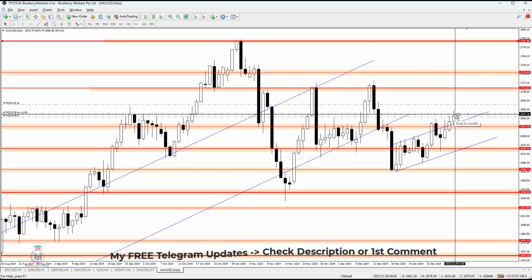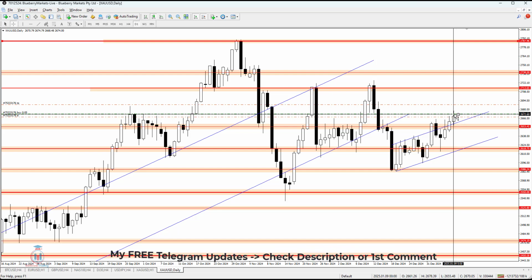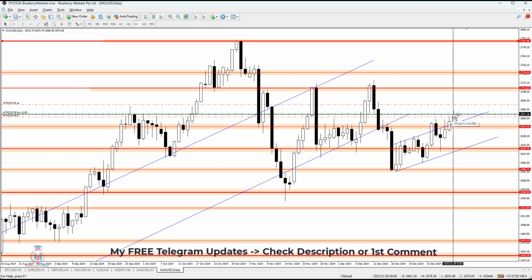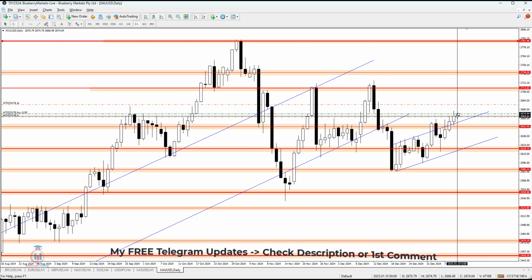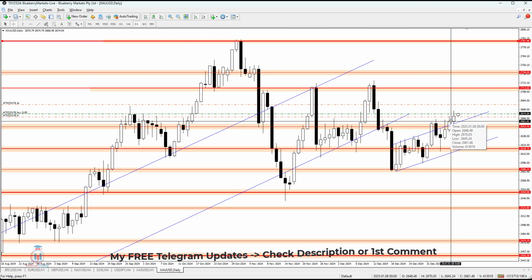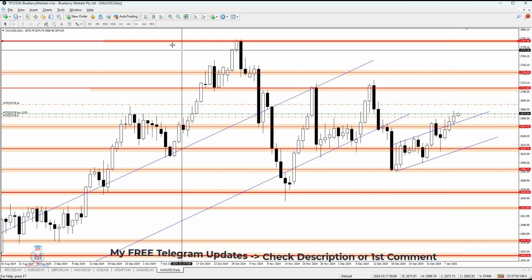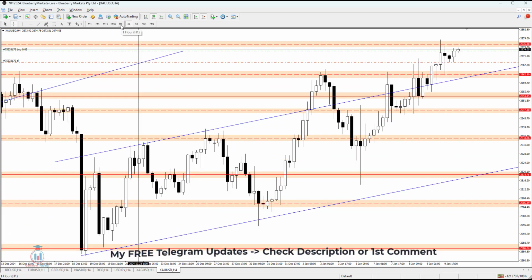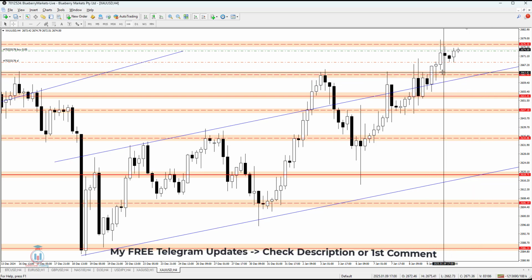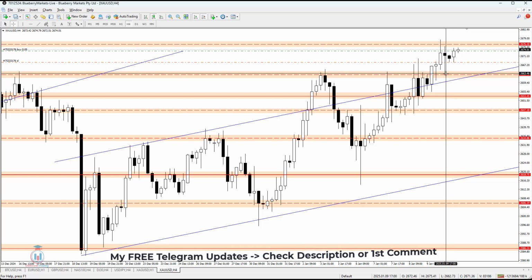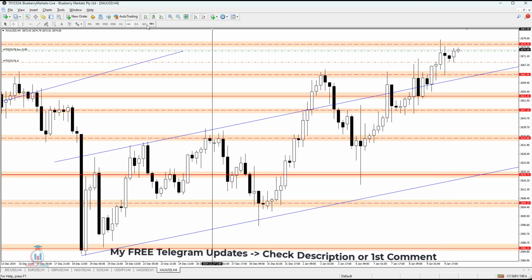Yesterday I also mentioned that the price could reach an area around this one here, which is around 2672, and the price has done just that, and also the price has formed a bullish breakout above this very important 2662 price level. We can go here and see it at 2662.90. It is a strong resistance, which was a confluence of resistance. The price successfully made a bullish breakout.